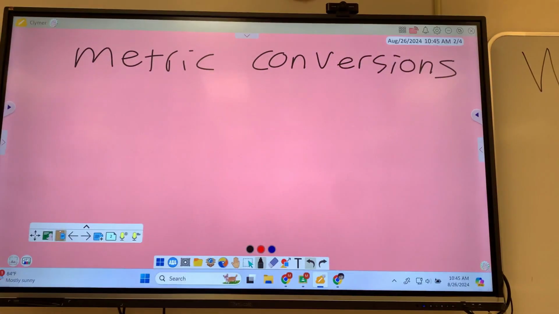Now, if I'm boring some of you to tears, I apologize for that. If you already know this, Climber, and you don't need this, well, we're going to go through it anyway, just in case. Based on the pretest we took last week, more of you need to review this than less. So let's talk about metric conversions. We'll write a sample problem up here.